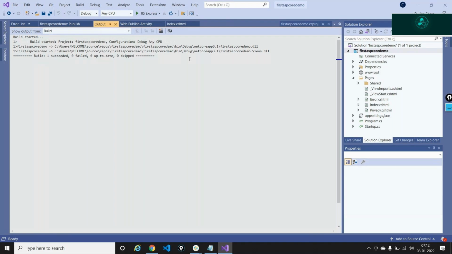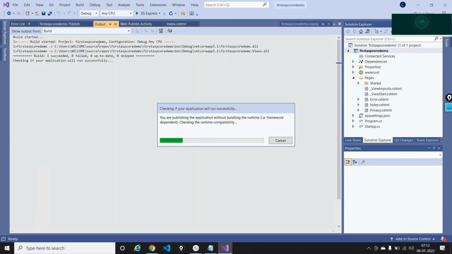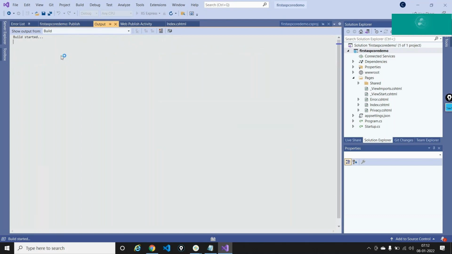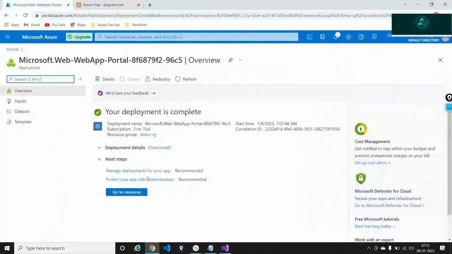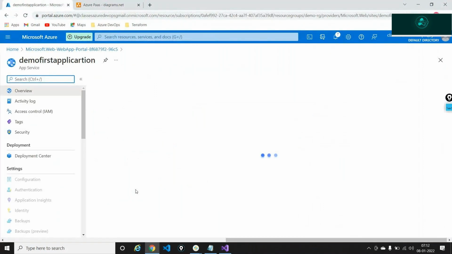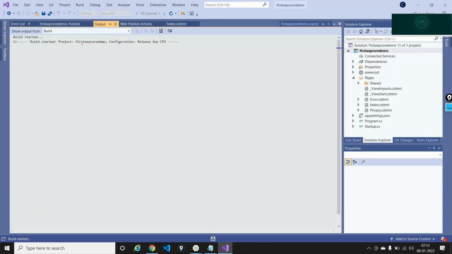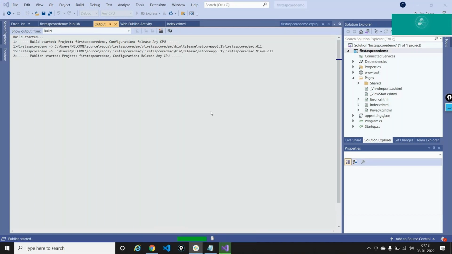So all I'm doing right now is I built my code. The build started, the build finished, it is successful. Code is converted into binary, and now the code is being deployed onto an application service that is running on Azure. So we have the Azure portal, we have tested it on our local machine, and now we are taking the entire application and deploying it onto Azure. It'll take about a minute or so. Any questions still here, guys, on what the procedure is and what we are following out here? Anyone?